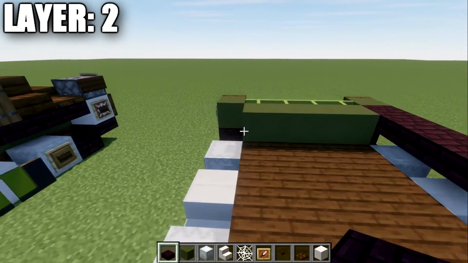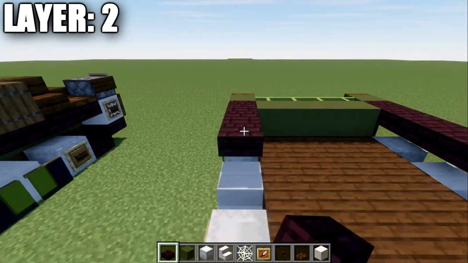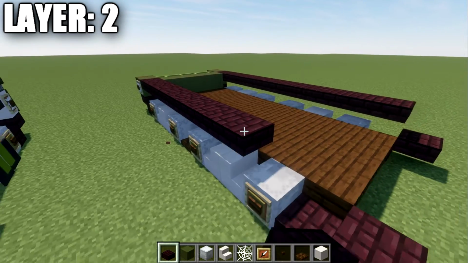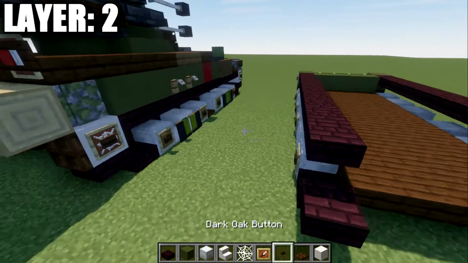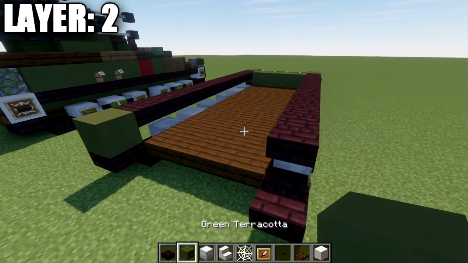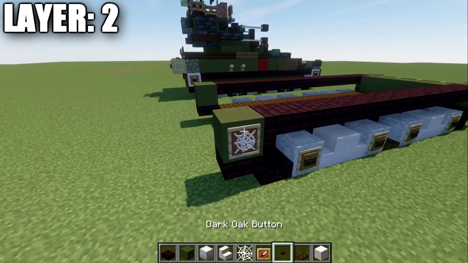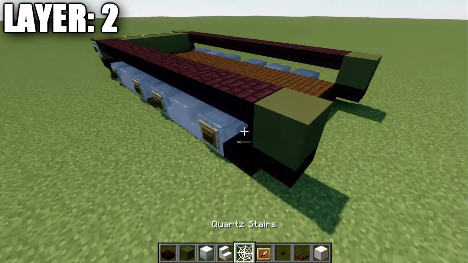And brick top slabs on the side and same thing over here. So just like this, going back, and that's going to bring us to this point here. Then we're going to go ahead and place down a green terracotta block to both sides here. This will be followed with again an item frame, a cobweb, and a dark oak button. And same thing over here,